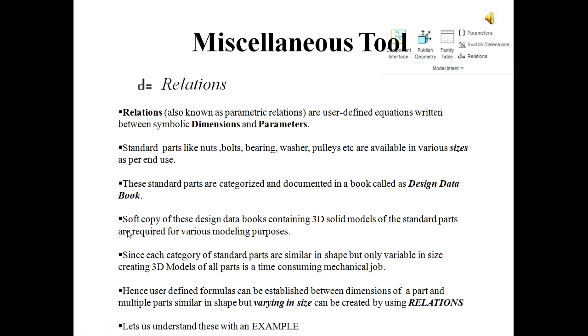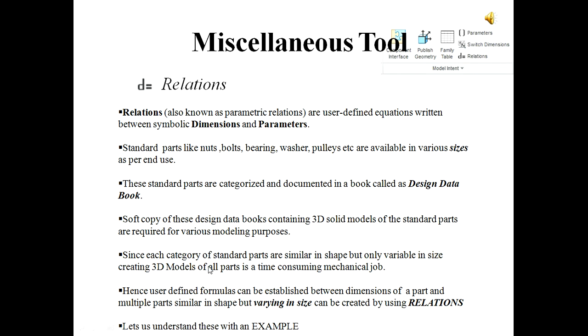So now soft copies of these design data books containing 3D solid models of the standard parts are required for various modeling purposes. Each category of these standard parts are similar in shape but only variable in size.